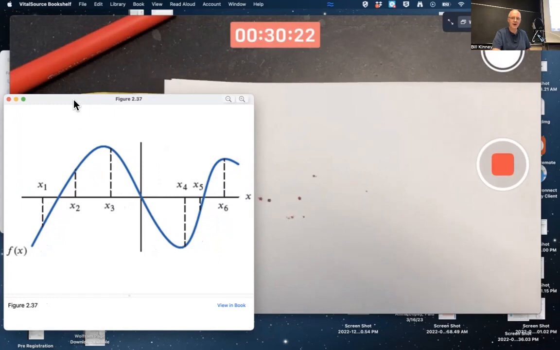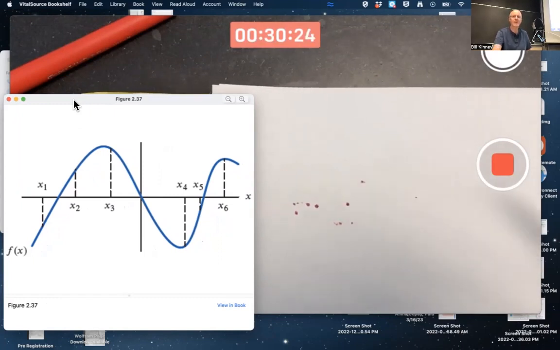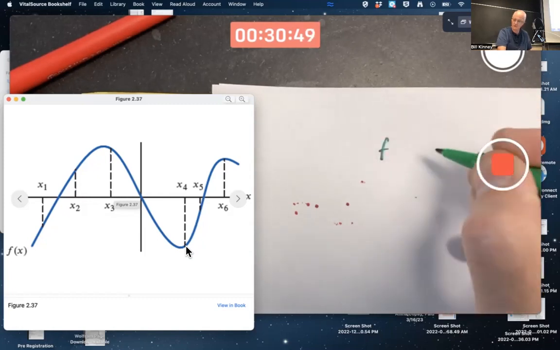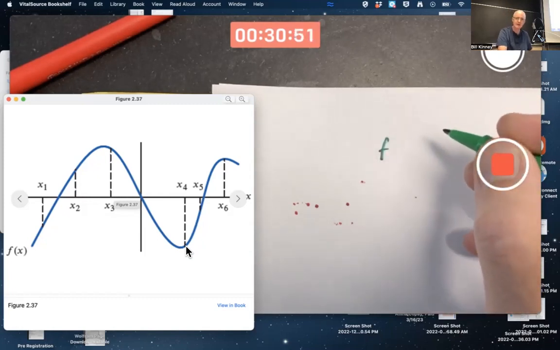Where is f of x greatest and least? Just where this graph is highest and lowest. That's pretty easy. You don't have to know calculus to know about that. At these 6 marked points, not overall, but at the 6 marked points, the function is highest at x3, right? And lowest looks like x4. So for this problem, I don't know which problem number this was, looks like it's number 37,